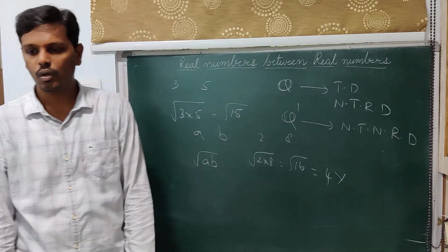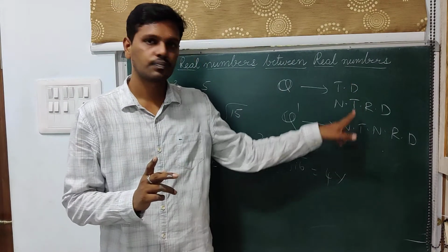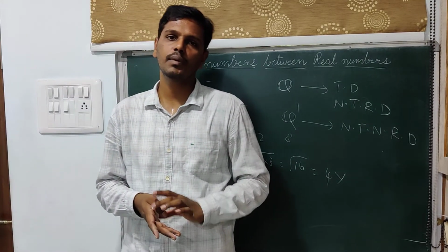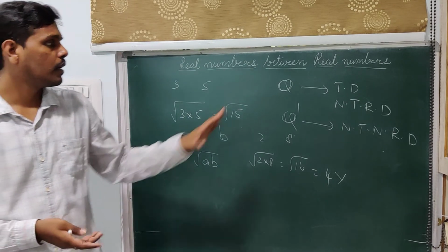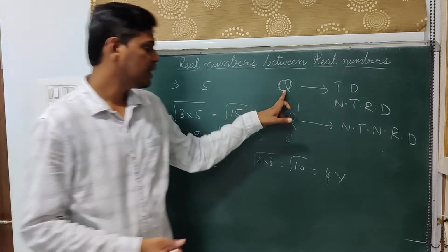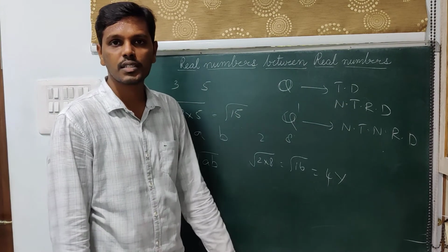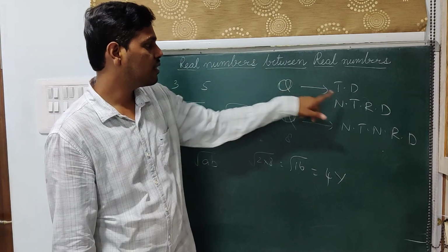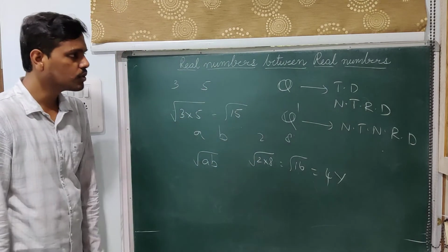I have posted a worksheet on the same. So today the topic is very simple, provided you know this. If you know the decimal expansions, if you know how to convert a given number into its corresponding decimal expansion, you can easily identify as many real numbers as you want between those two given real numbers. So that is the basic idea. And the point to be noted is, every rational number is a terminating or a non-terminating repeating decimal, and the converse is also true. That is, every terminating decimal is a rational number, and every non-terminating repeating decimal is a rational number.